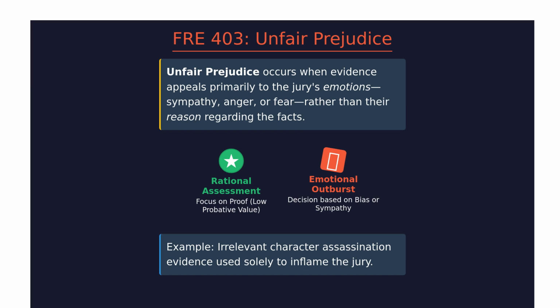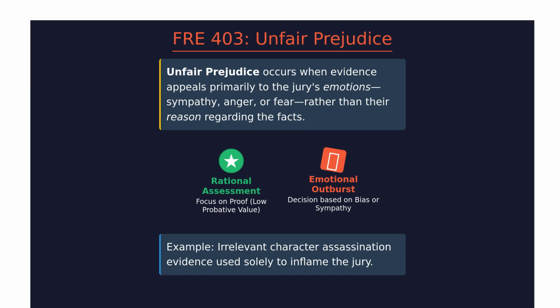Consider an example. Evidence showing the defendant is generally a bad person, perhaps irrelevant past bad acts used solely for character assassination. This evidence has low probative value regarding the specific issue at hand, but extremely high potential to inflame the jury. The judge must exclude this type of evidence because the emotional impact substantially outweighs its actual usefulness in